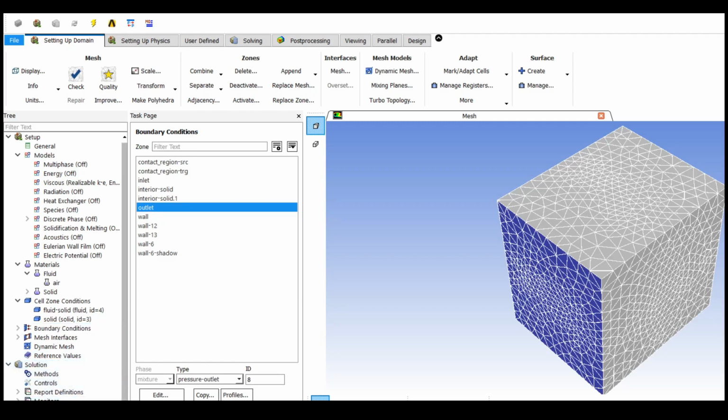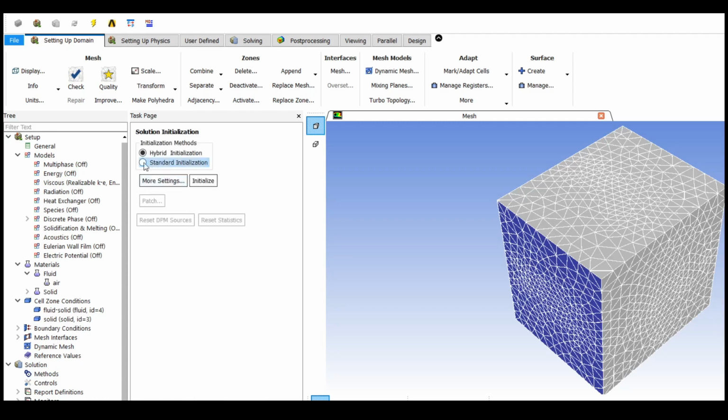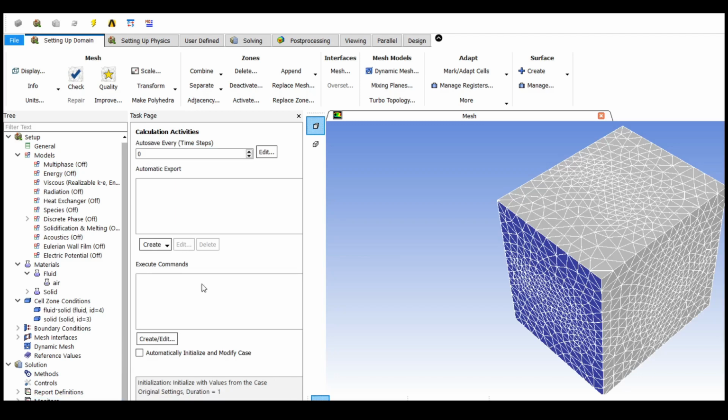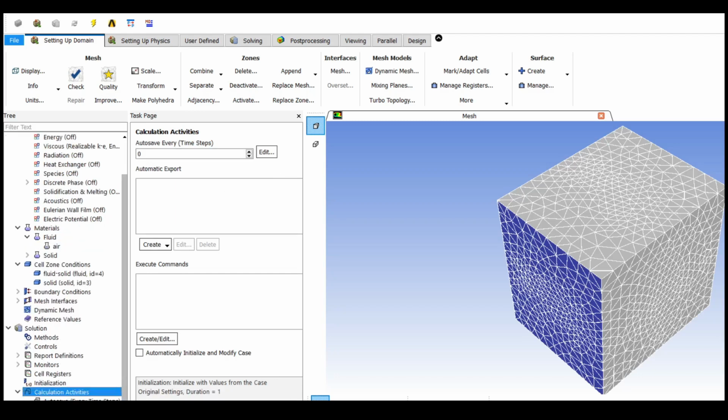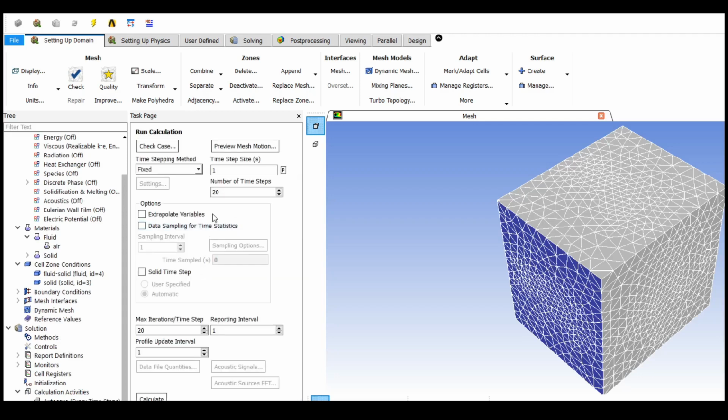In the solution part, the only thing we are changing is the initialization. If it is standard, we need to alter it into hybrid initialization. Then click on the initialize option. After initializing, we can move towards the calculation activities. Nothing needs to be changed in the calculation activities, and in the run calculation we need to change the following things: the time step size has to be set to 1, and the number of time steps can be set to 20, 25, 30 or as you wish.